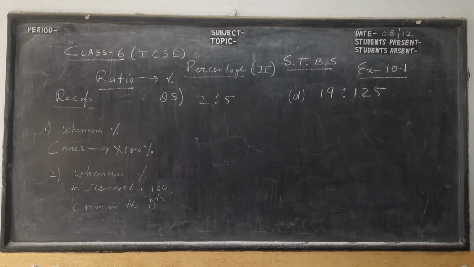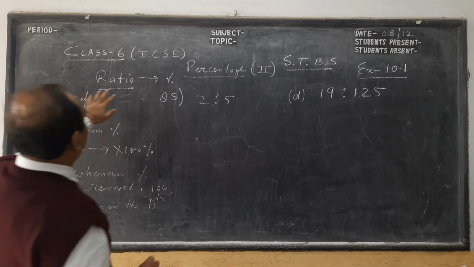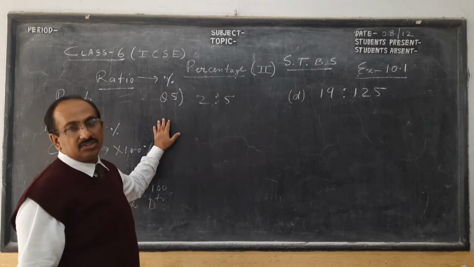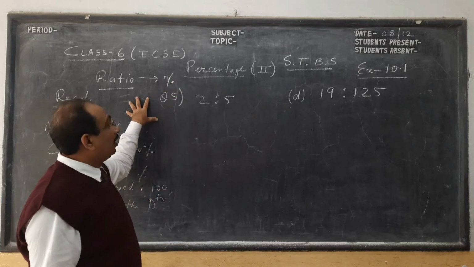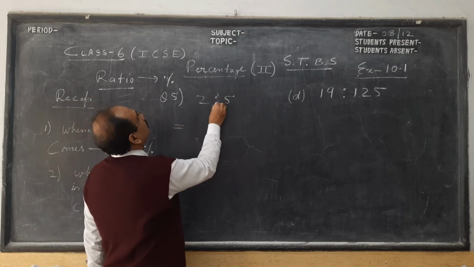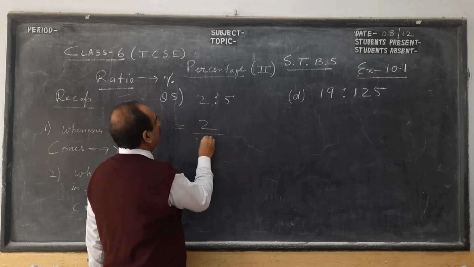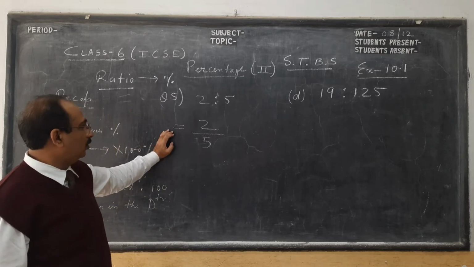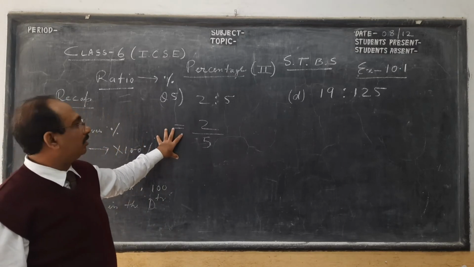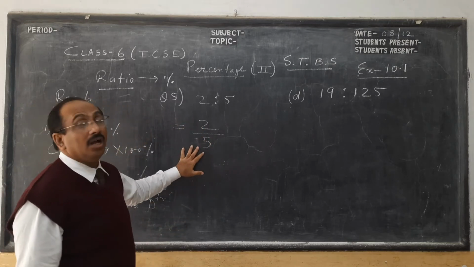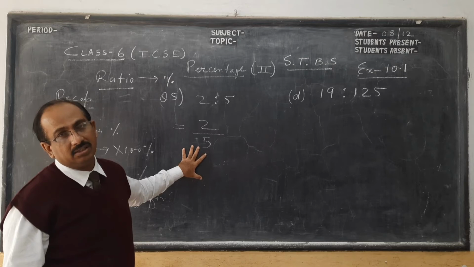So here we have seen fraction to percentage, decimal to percentage, and vice versa. Now we are going to see ratio to percentage. Children, ratio means 2:5, means 2 divided by 5. Now there are 2 methods again, as I was telling you. One is the logical method: suppose there is a 5-mark exam and you get 2 marks. How much will you get out of 100?